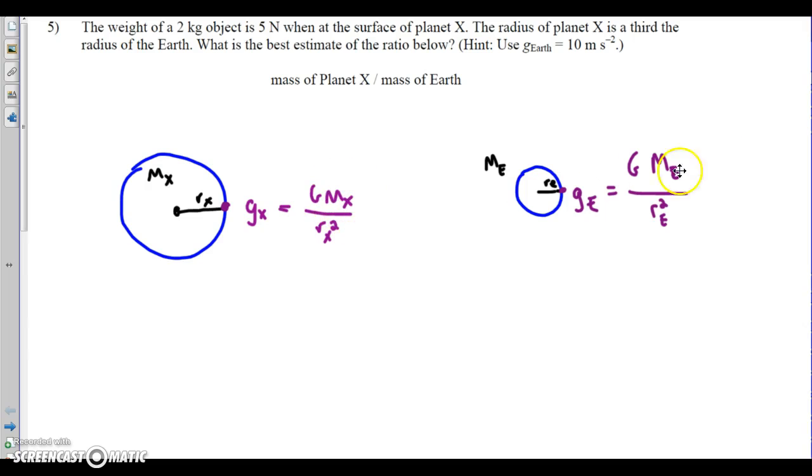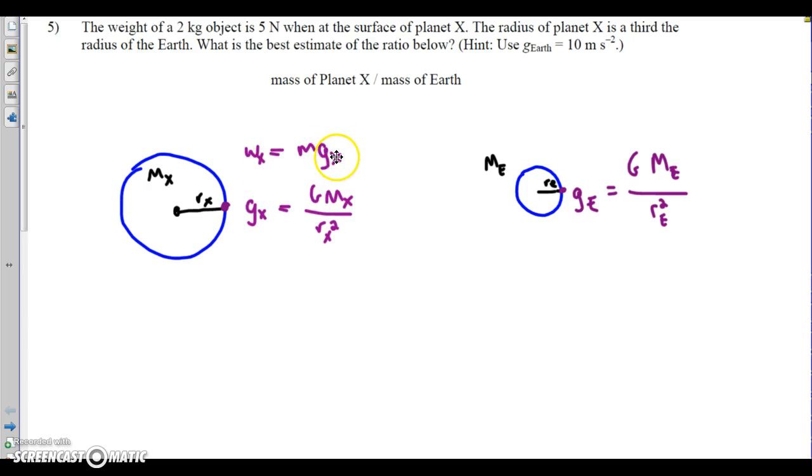We're going to compare mx to m-Earth by taking the ratio, dividing. When we divide, we know gravitational field strength on Earth is 10. We don't know the gravitational field strength on planet X's surface, so we use the weight equation to find the